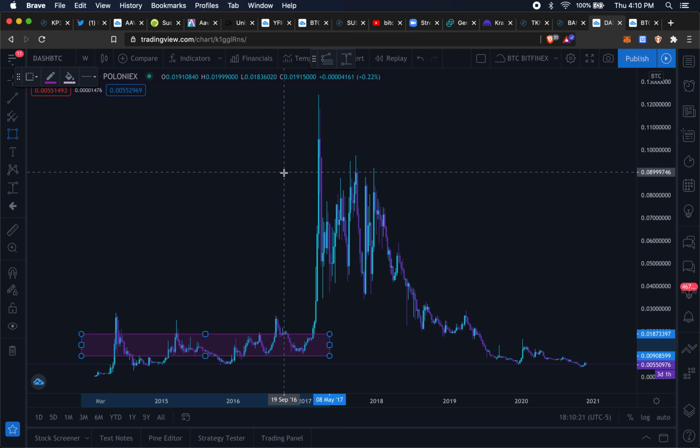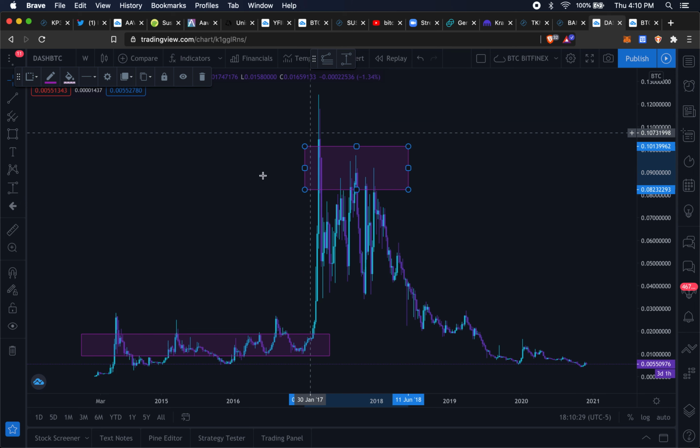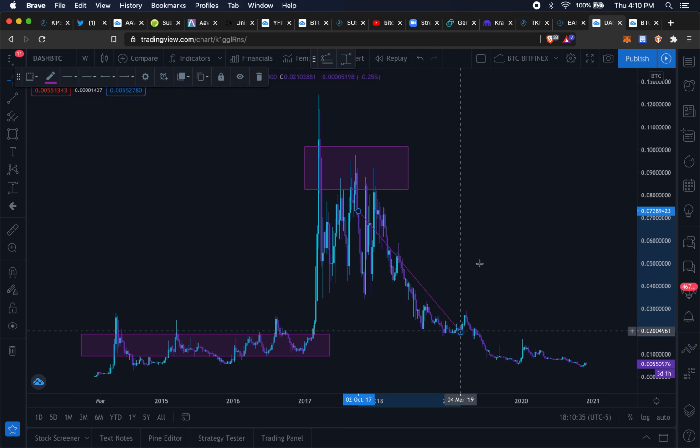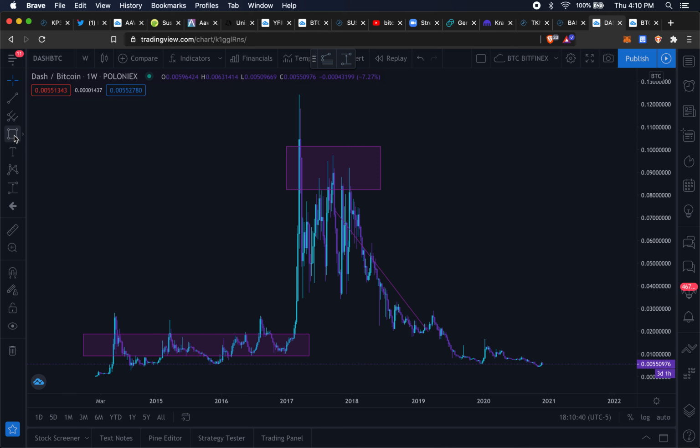And then you've got the distribution period of time where you had a chance to get out at pretty high levels. Then you have the massive markdowns, bear market, and then at the end you've got another accumulation phase, which is where we are right now with